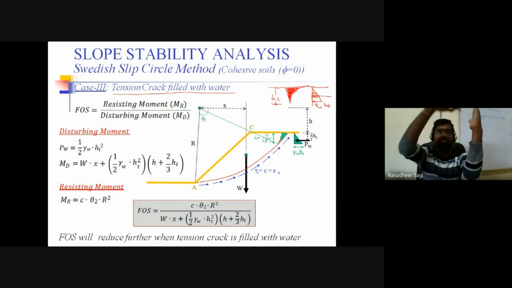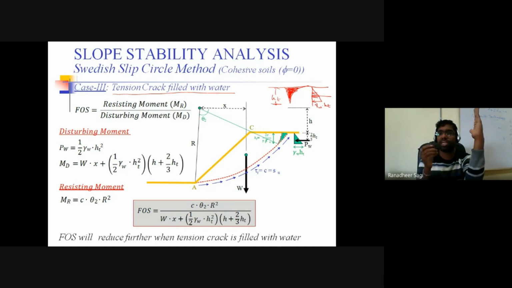If I say this is my depth of the tension crack, where do I represent that resultant force because of the water accumulated in the tension crack? The resultant force is going to be indicated at the CG position of this pressure distribution diagram. The pressure distribution diagram is a linear variation, which looks like a triangle. Where would the CG of the triangle exist? From the right angle position, it would exist at a distance of 1/3 of the height of that tension crack, or from the top, it exists at a depth of 2/3 of the height of your tension crack. Okay, so that resultant force due to the water is what we write as PW.